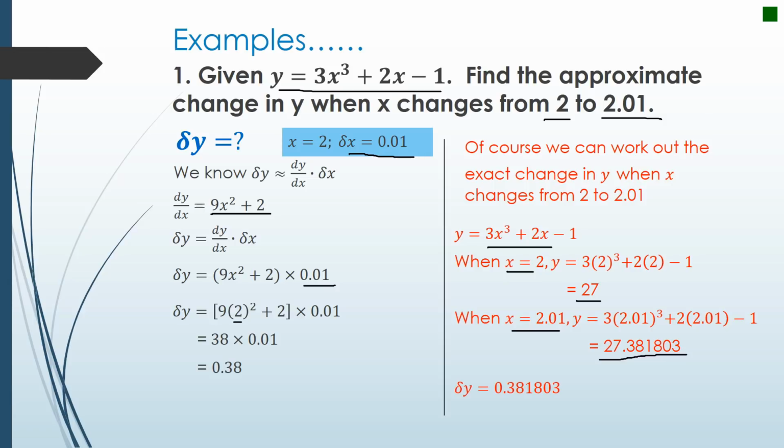Okay, now, what is the difference, or what is the exact change in y? So the exact change in y when x changes from 2 to 2.01 is actually 27.381803 minus 27. So we get a difference of 0.381803. And if you compare the exact change in y with the estimated change in y, which is 0.38,